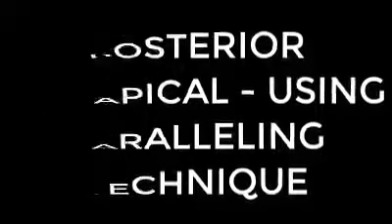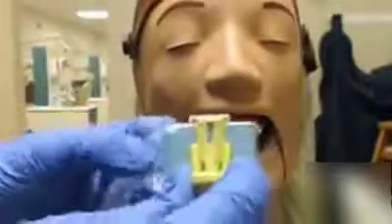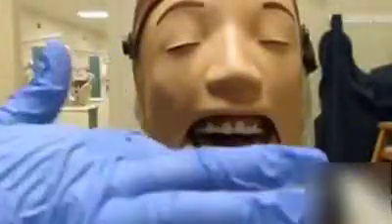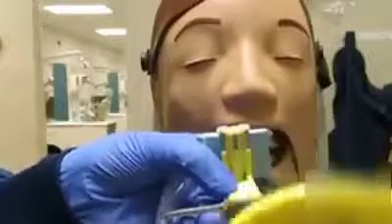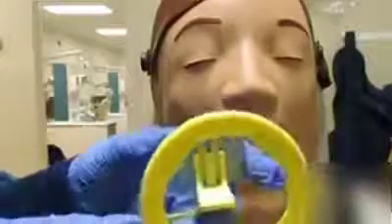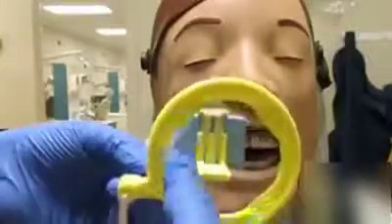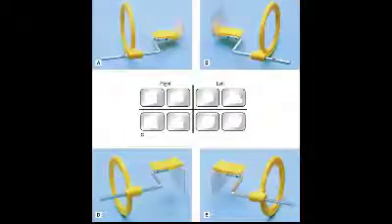In the posterior region, size 2 receptor is used and is always placed with the long portion of the receptor sideways. When placing the biblock on the receptor, make sure that the flat side, blue side of the receptor is facing the PID and it's on the middle of the ring in order to avoid cone cuts and to expose